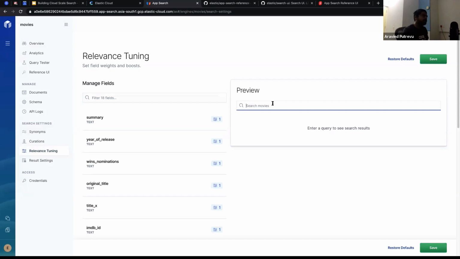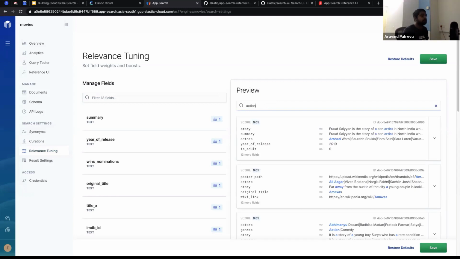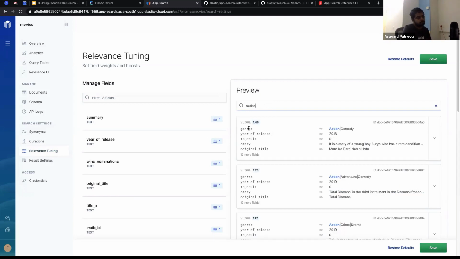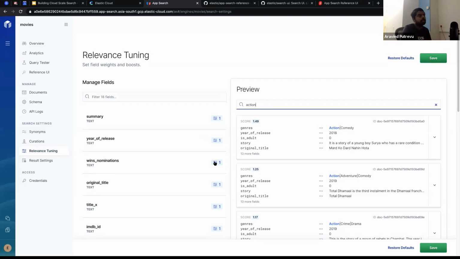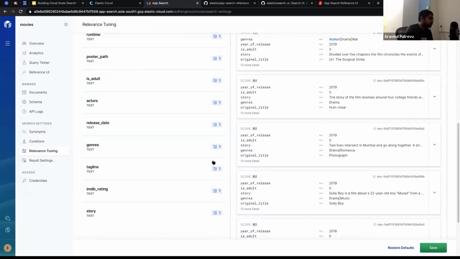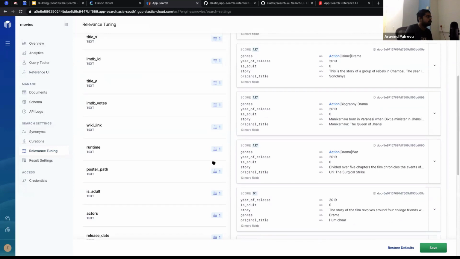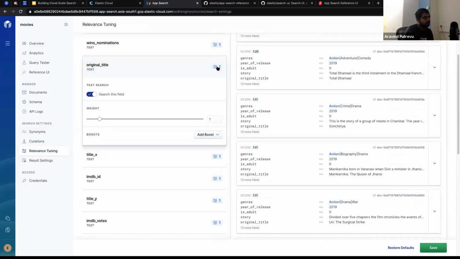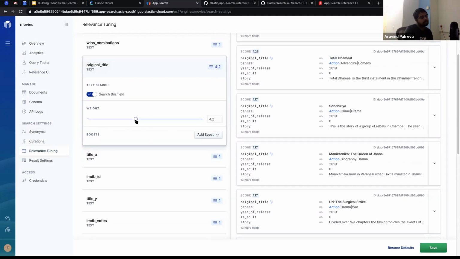Say, let me choose something different: action. So I typed action. It's showing the genre because it's a generic setting. Now everything is one here. It's equally weighted at this point, but I want to give more preference to the title rather than the genre. I could adjust the weight in such a manner that that particular field gets more priority. You could also eliminate a field from being searchable, so that reduces your search burden when you're searching. So that is another way to look at things as well.